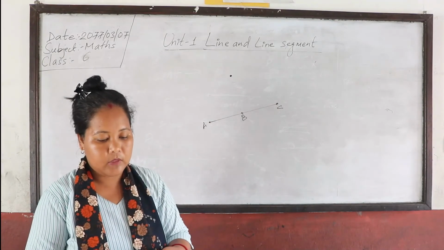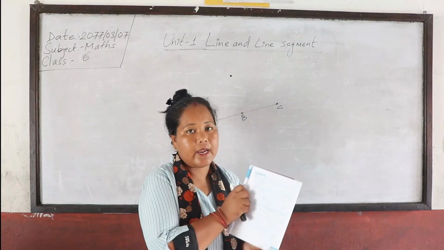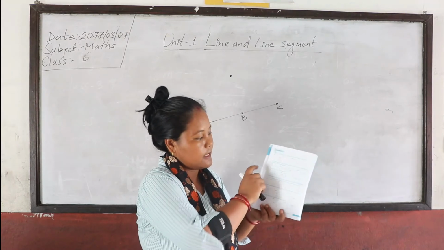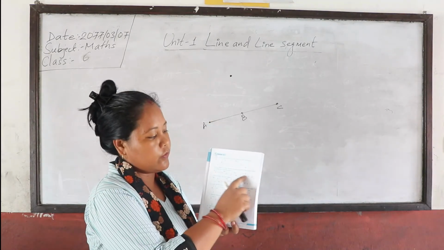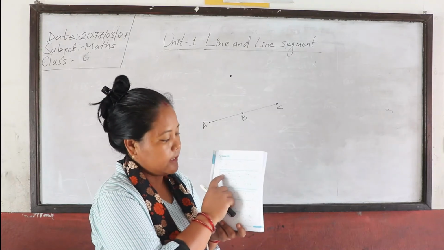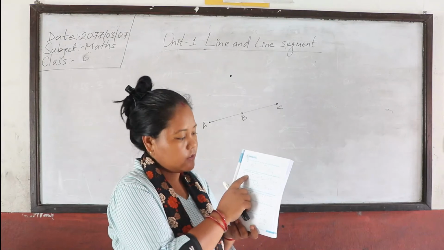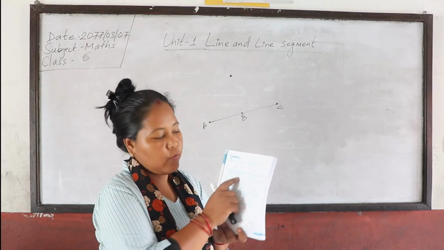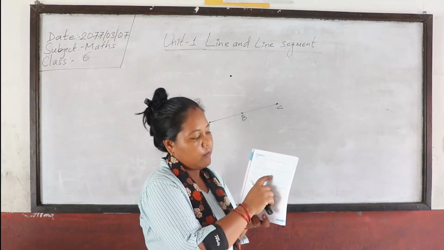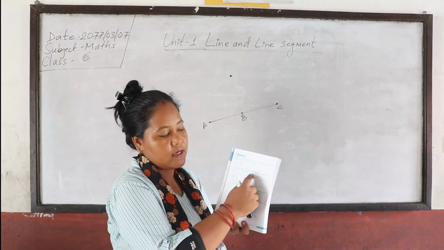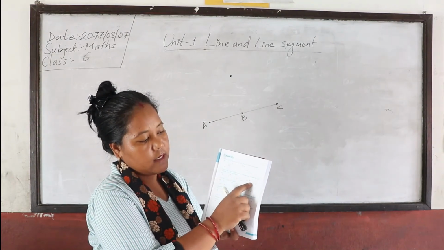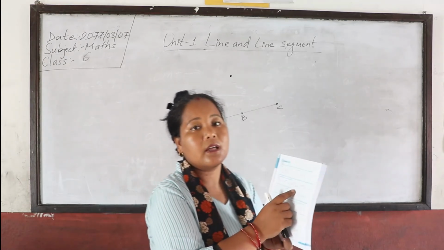Number 2, there are given figures, and you have to identify which one is a line, which one is a line segment, which one is a curved line. First one, I think it is a line segment. Good. B has a one-side arrow, it means ray. Good. And C, MN, there is a curved line. And D has a 2-side arrow, that means line.